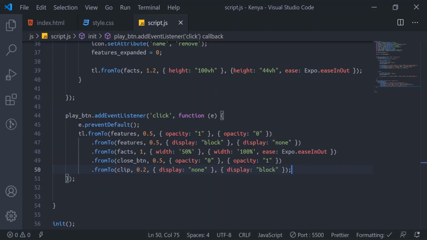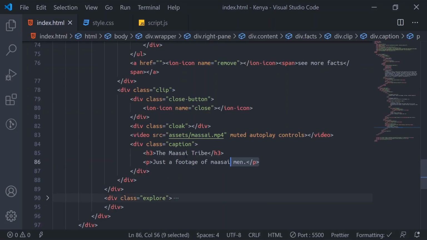Wait. Clip. Close button. Oh, so we'll animate the close button first before we can go to the clip.